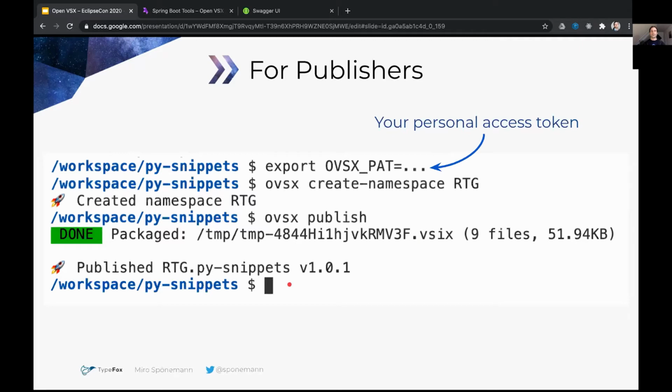So the concept of namespaces that we have here in OpenVSX is borrowed from VS Code, but in the context of VS Code, they are called publishers. And in VS Code, you can just create a publisher, and by creating it, only you have the rights to publish to that namespace. And for OpenVSX, we chose to go a different way